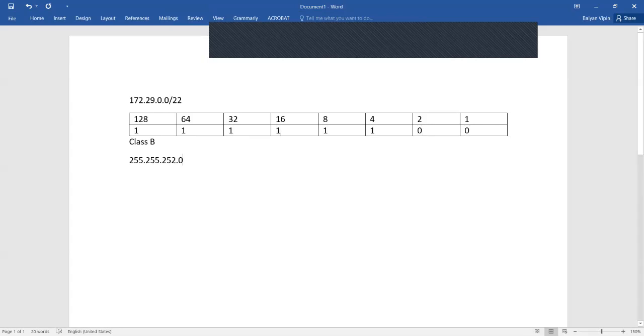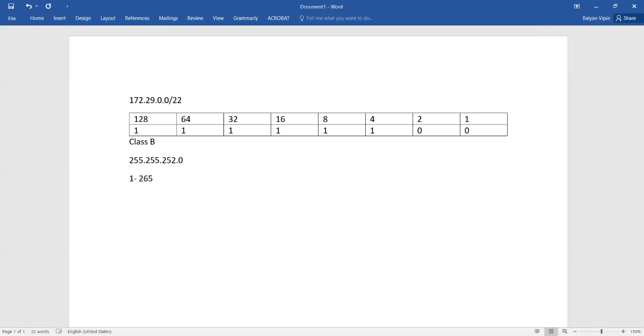Now, suppose that using the available subnets, you have to create 7 subnets of this form. The first one requires 265 minimum hosts.